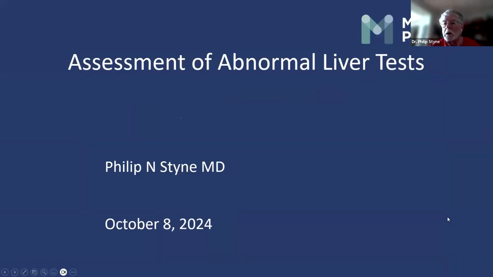Good morning. Hi. My name is Phil Styne, and I'm a somewhat retired gastroenterologist and hepatologist. I am currently in Orlando, Florida, so I apologize for my relaxed appearance because I'm in the midst of getting ready for a little hurricane that we're going to supposedly have here in a couple of days. Okay,